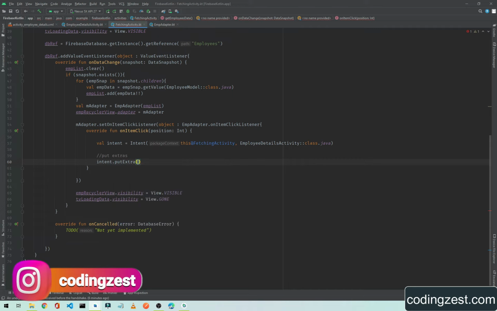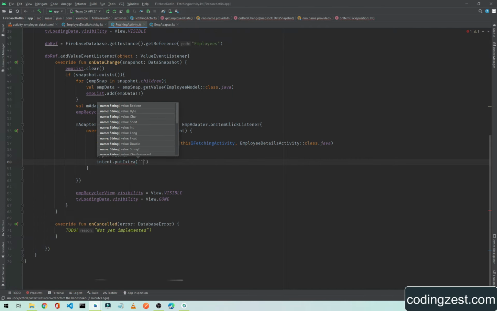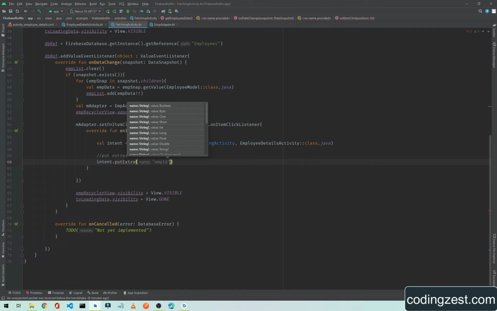Here it is, okay, string, and we need to pass a key here, so it will be employee ID, and we will be using this key in this detail activity to get this extra, okay, and here we will pass